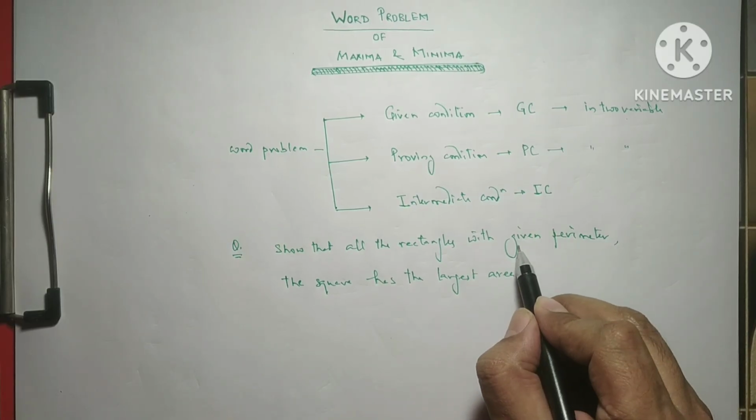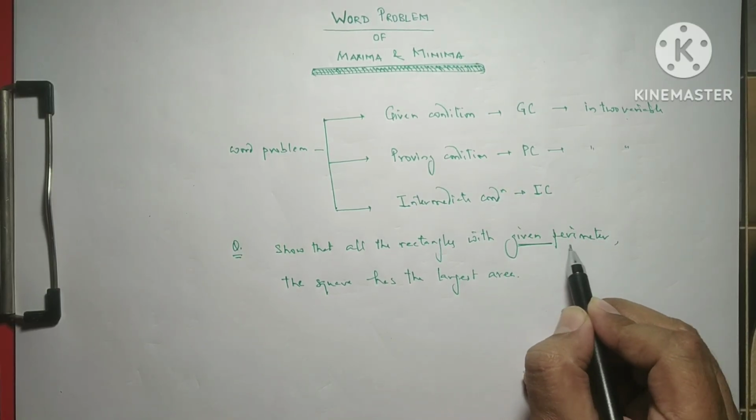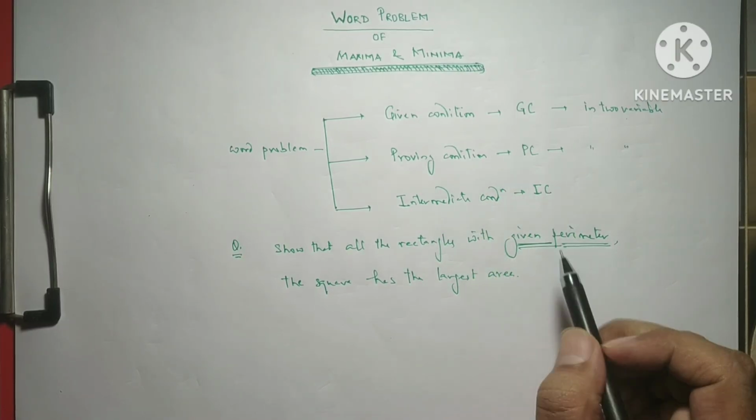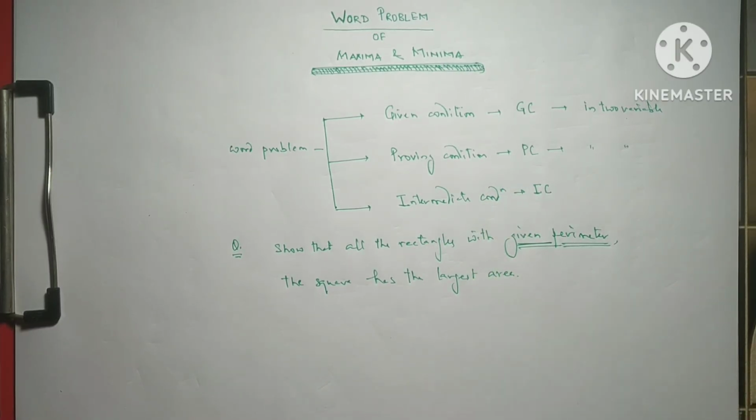So we have first given perimeter, it is given, so it is given condition, it is GC,